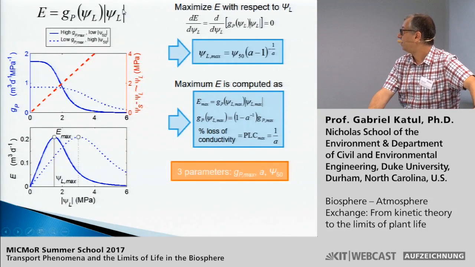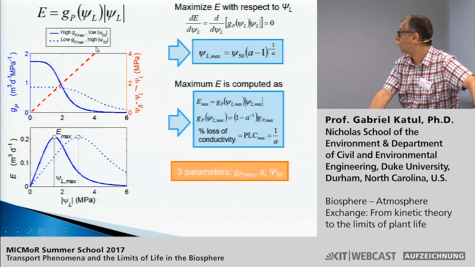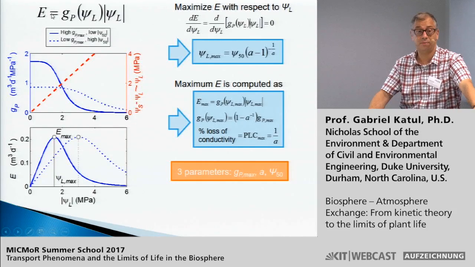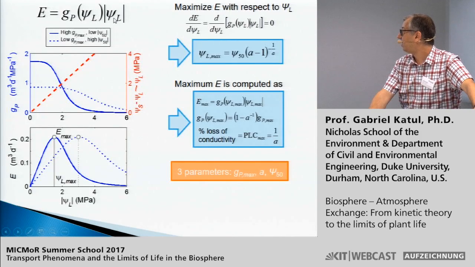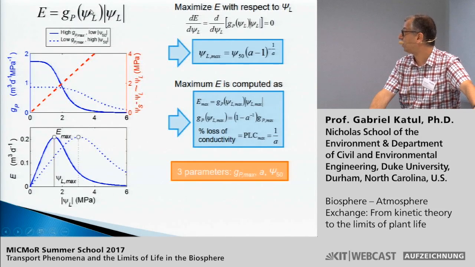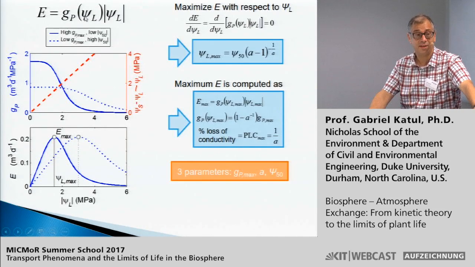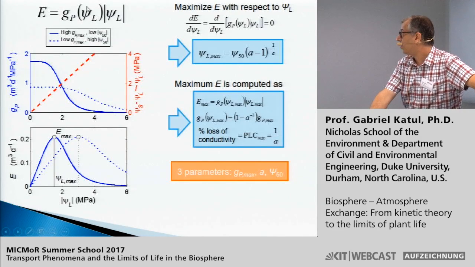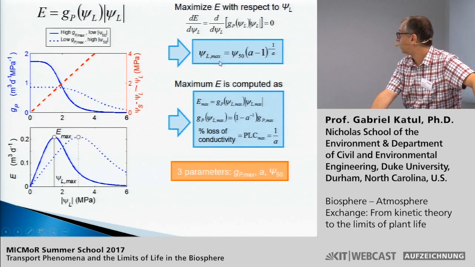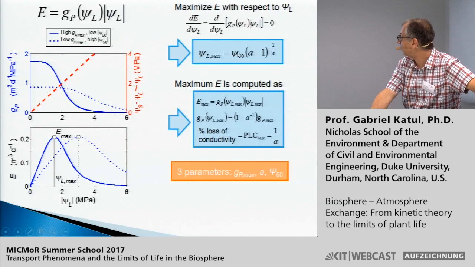So if we put this formulation for a vulnerability curve here and try to ask what would be the maximum possible transpiration rate that you could supply to the leaf. As you increase the leaf pressure, of course, transpiration rate goes up, but the xylem hydraulic conductivity drops. So again, we have almost this interplay between increasing driving force and reduced conductivity, very much like the vapor pressure deficit problem. So you could actually proceed and find the maximum by differentiating E with respect to psi L, set it to 0, and solve for the leaf pressure at maximum. That turns out to be dependent on psi 50 and the curvature parameter. And the maximum E associated with this leaf pressure can now be computed.